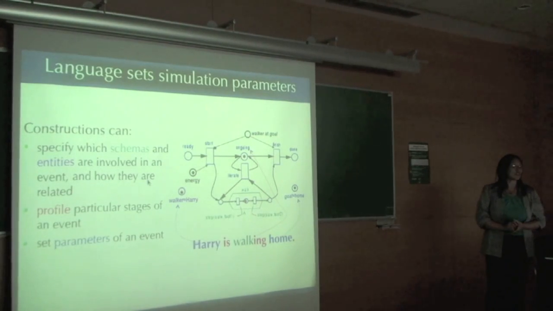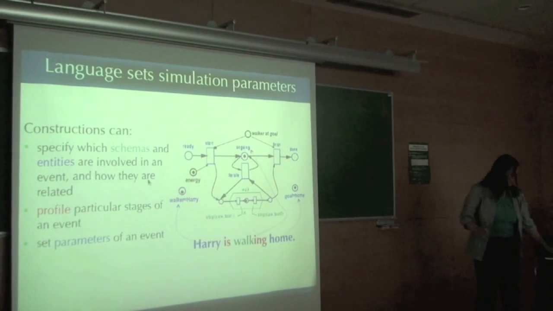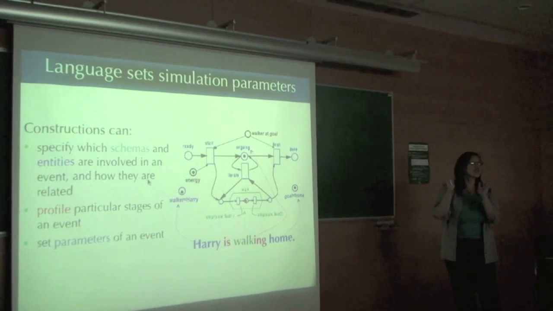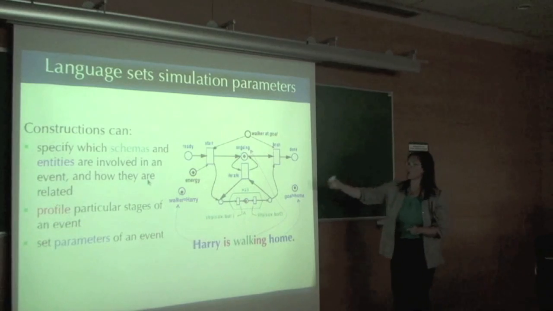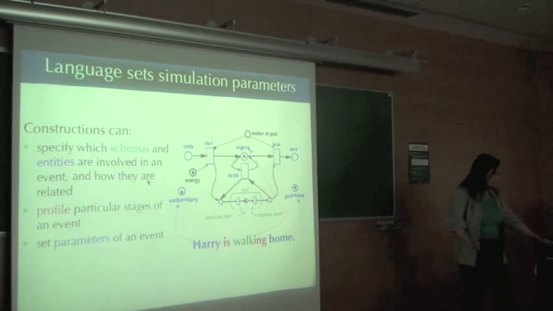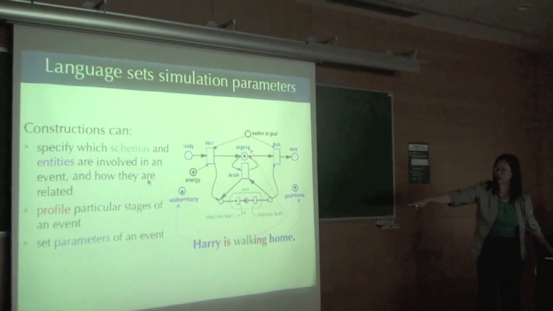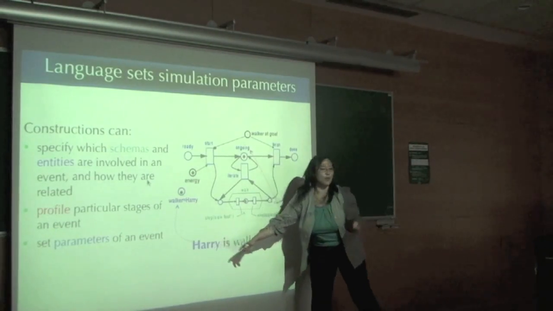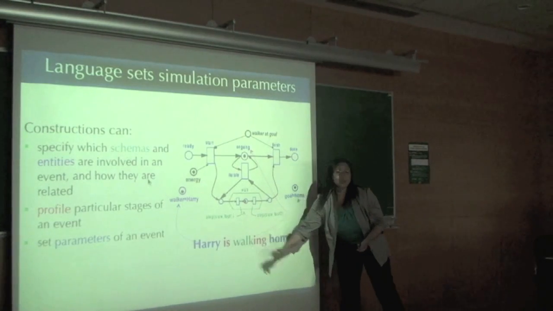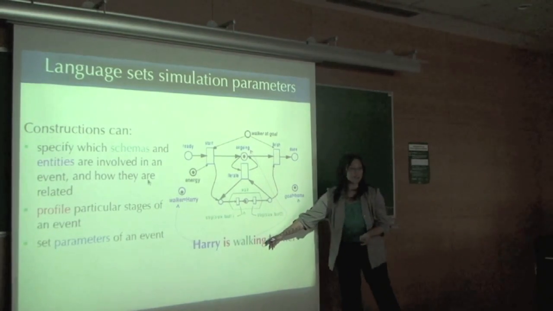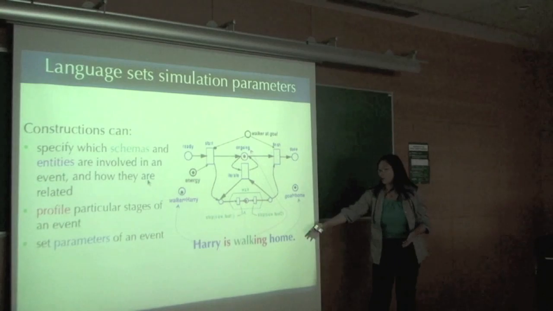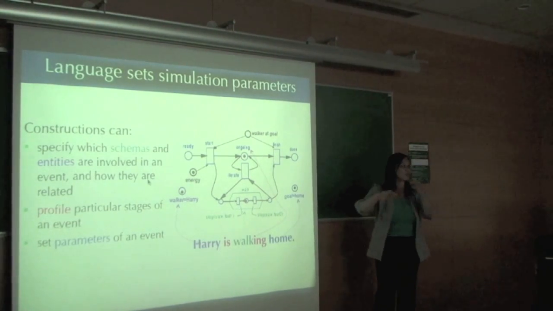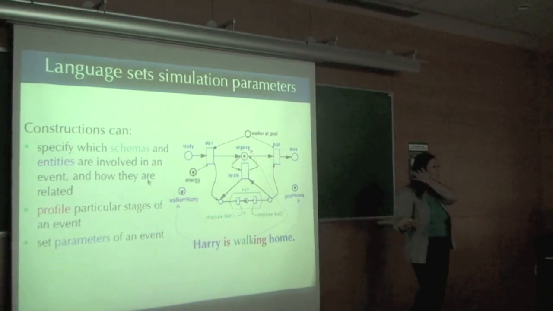And the linguistic version is, all we need to say is that different constructions, and we'll come back to what that is, some pieces of language can say, okay, I want walking to happen, that's the one I want. I want Harry, see, so Harry's walking home here. Let's say the subject might specify who's doing the action, the verb might say which action they're performing. Walking is obviously saying I'm somewhere in the middle, and home is saying where. So you can sort of see that it's mapping onto different pieces of the picture. Okay, does that make sense?